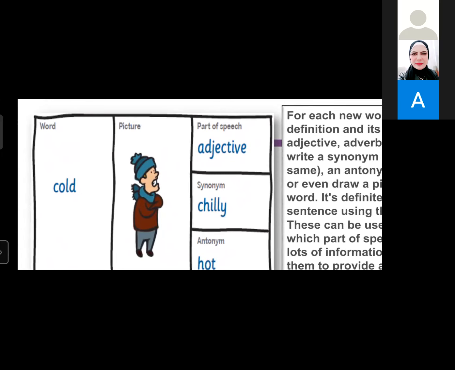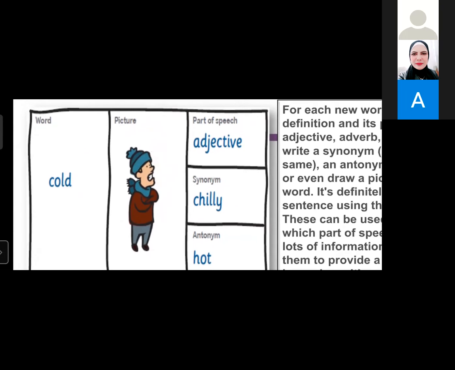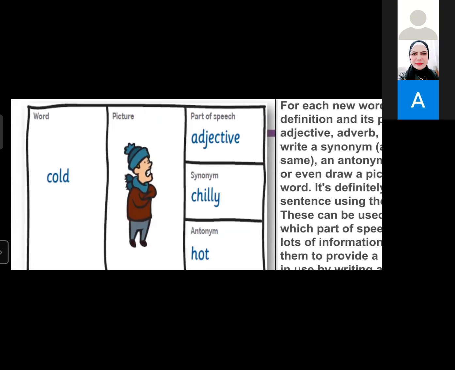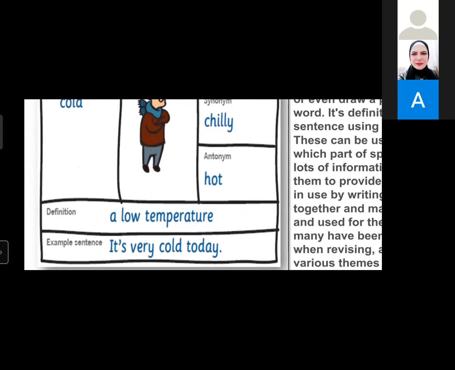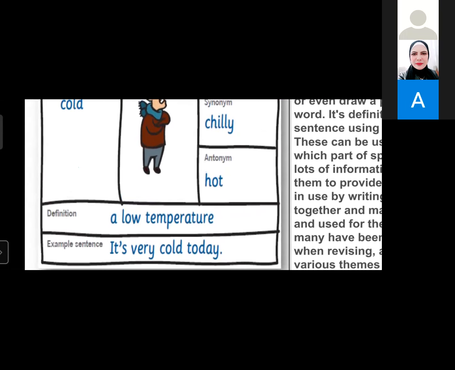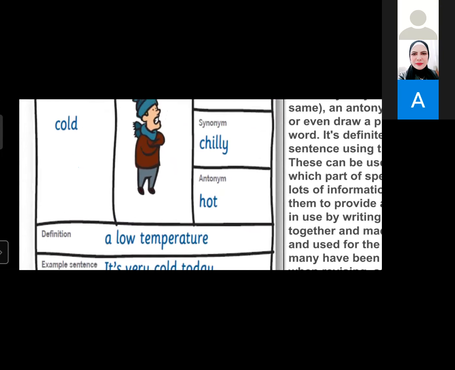Showing the learners, if they are higher level learners or adults, like maybe from grade 5 to secondary, the part of speech: is it a noun, a verb, or an adjective? The synonym, another word for cold, like chilly. The antonym, the opposite, and of course the definition. And the most important idea I like here is giving an example in a sentence or in a context,